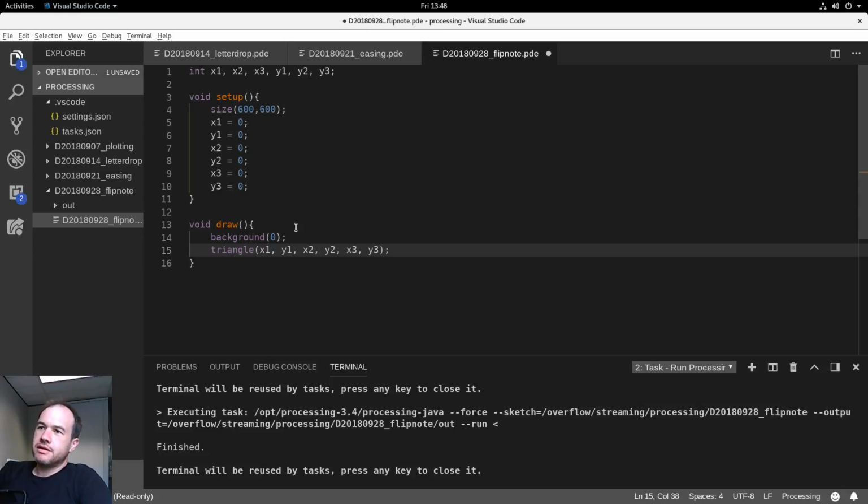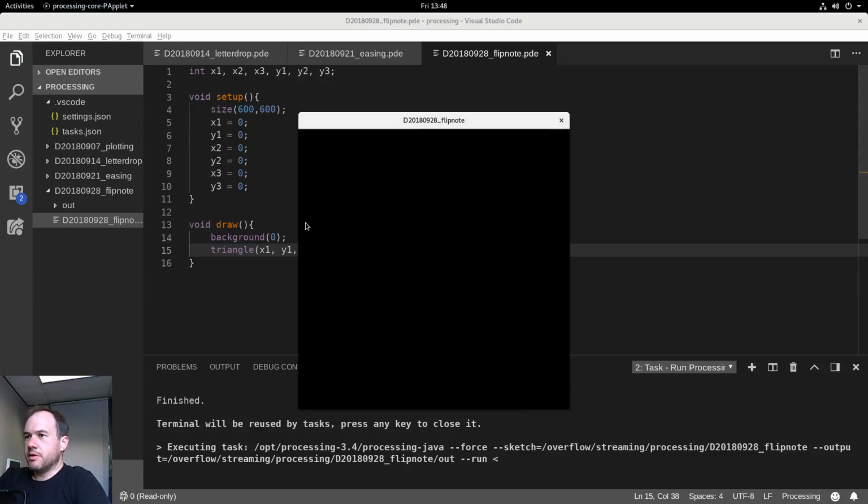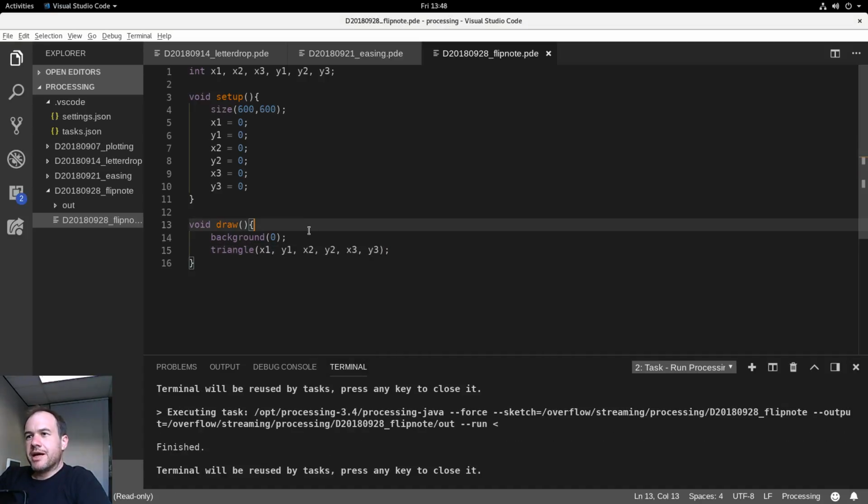That won't do anything though, right? Well, it'll do something. It'll draw a triangle at position 0, 0, 0, 0, 0. Tiny little triangle. Actually, I won't be able to see it, I think, because it's going to have a black background with a white